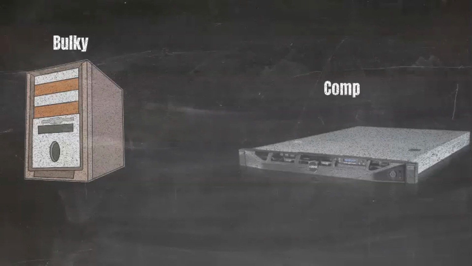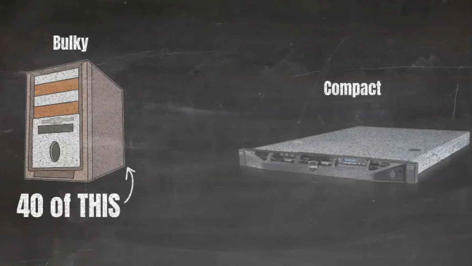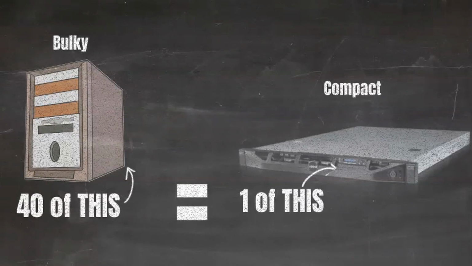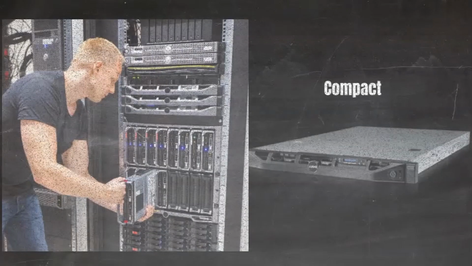To address the space issue, they have compacted the CPUs. As you can see, 40 CPUs of 8 GB RAM could be equal to one compact CPU. So that is the rack CPU or a blade CPU, which is nothing but the same CPU, but it has higher capacity and it is very compact. The advantage of having it this compact is you can actually store them in the form of a rack. So if you have a big warehouse, you can create various racks and you can just push the CPU into the rack. As you can see, somebody is pushing a CPU into a rack and they are all connected. This way it will save a lot of space.